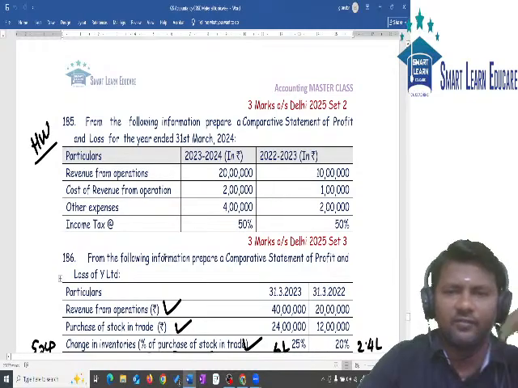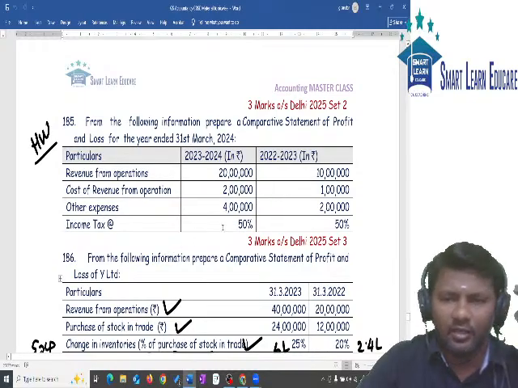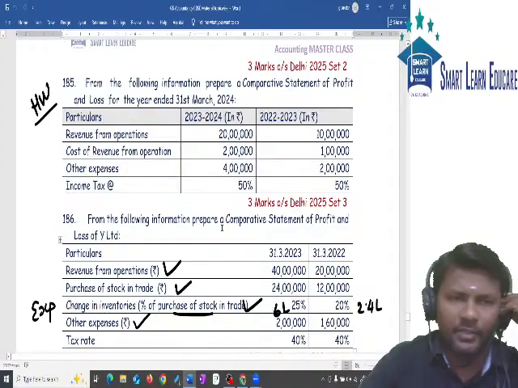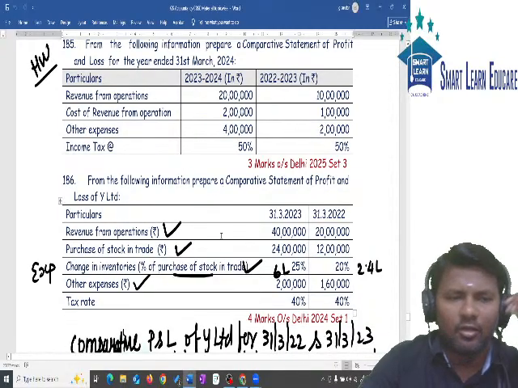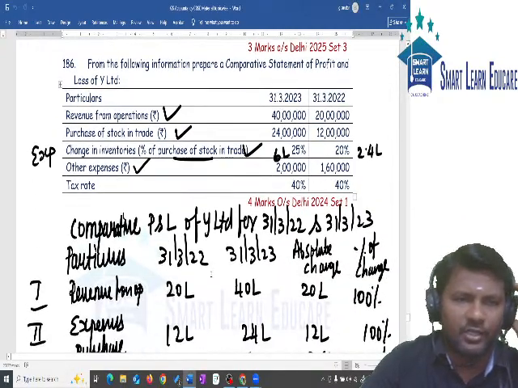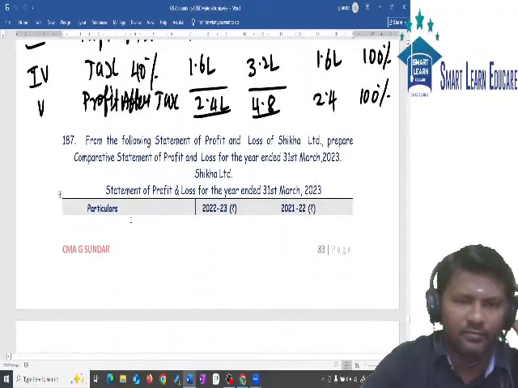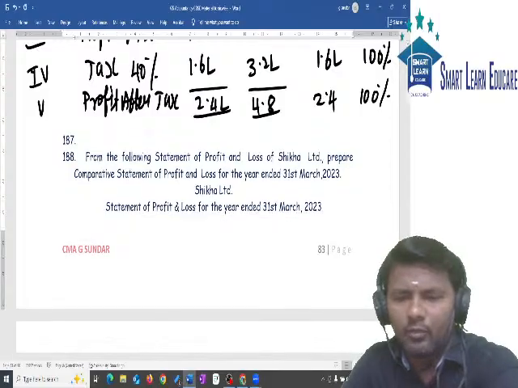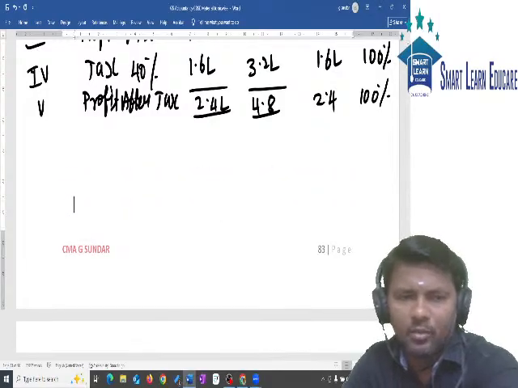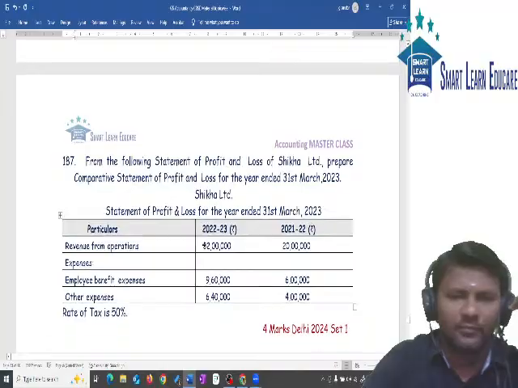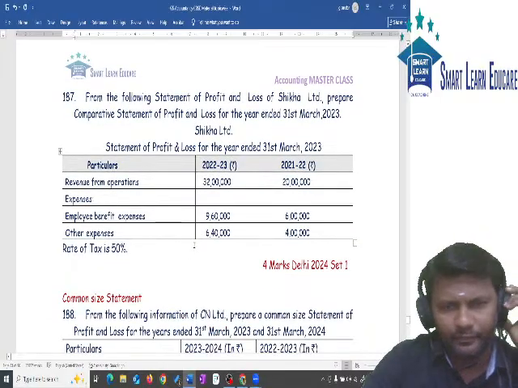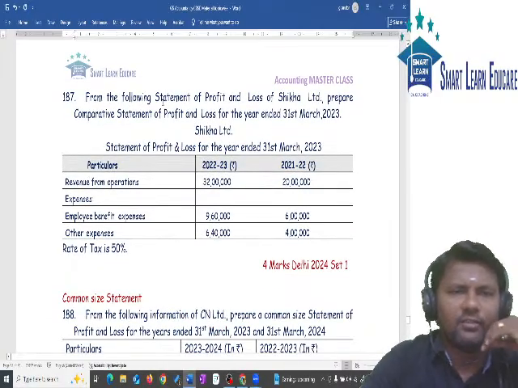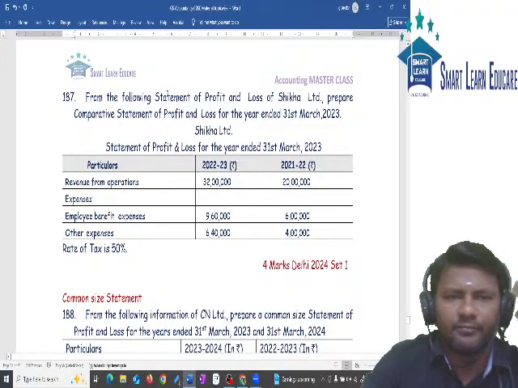Yesterday's class, we started the comparative statement of P&L. Also, we completed up to question number 186. Now we will take up the next question, question number 187. Question number 187. From the following information,